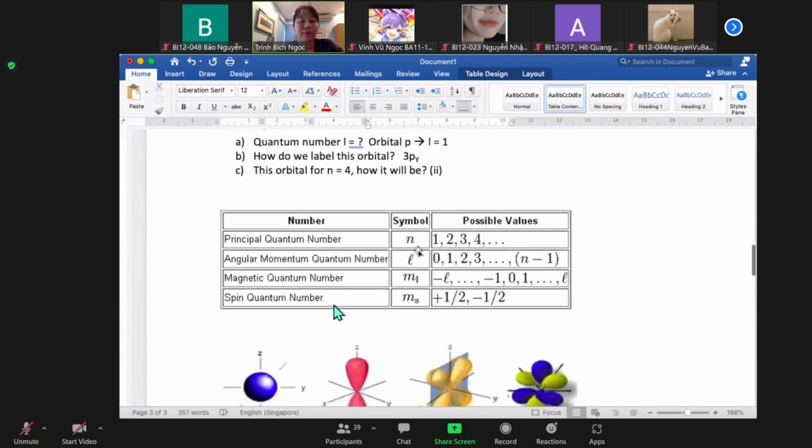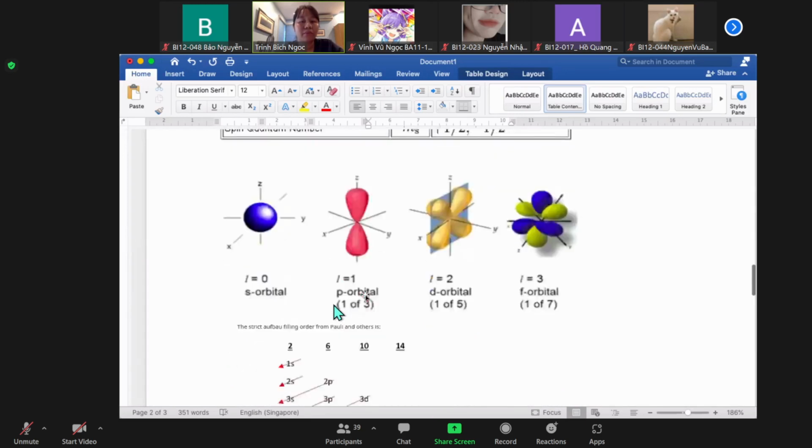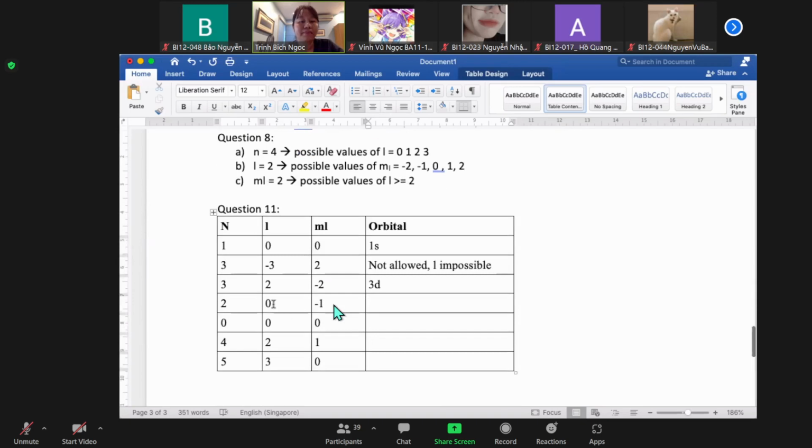We come back to our table here. If L equals 0, the only possible value of ML will be 0. You see? So this one is not allowed, because the ML is impossible. Okay, 0, 0, 0. Impossible. Not allowed because